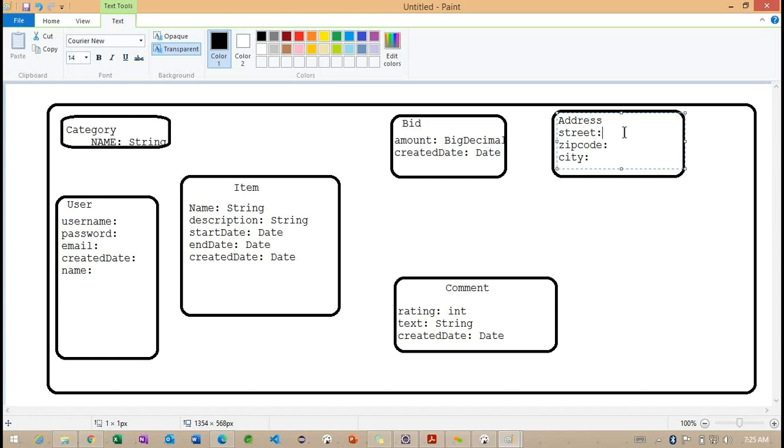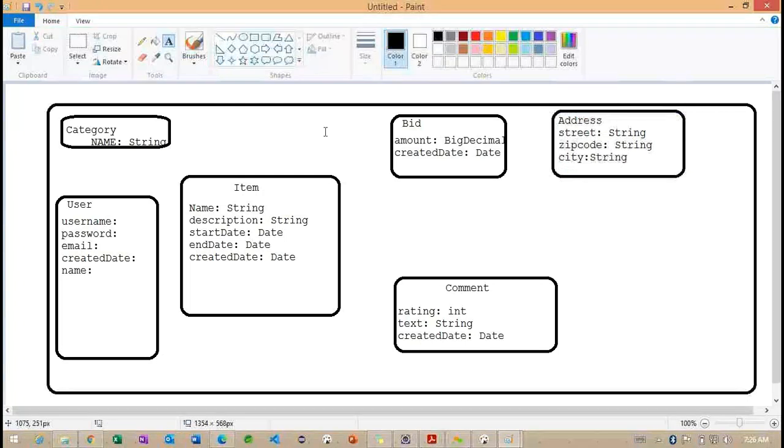So these are the three properties we can add, and the street we can make as a string, zip code also we can make as a string, and city, city also we can make as a string.